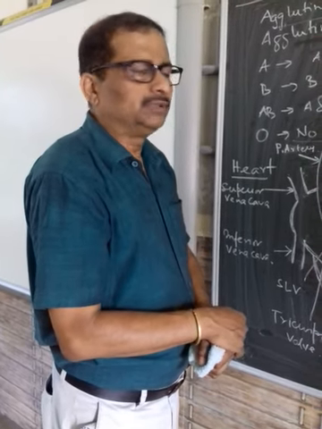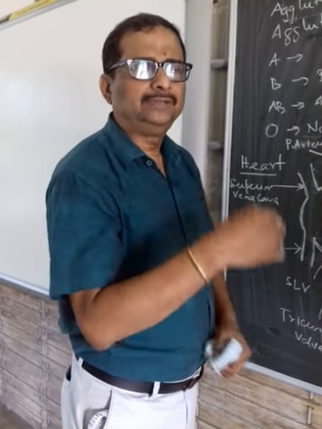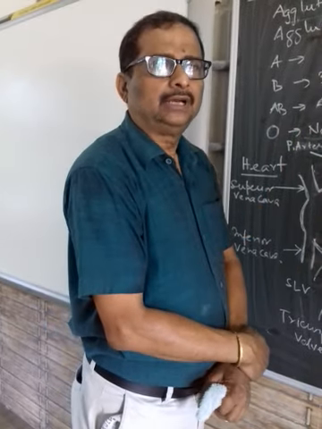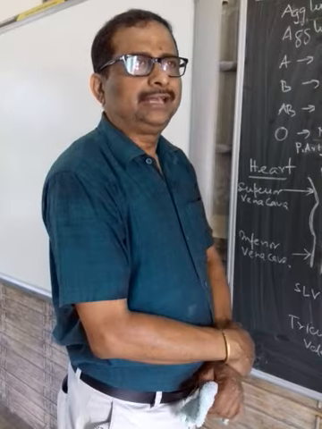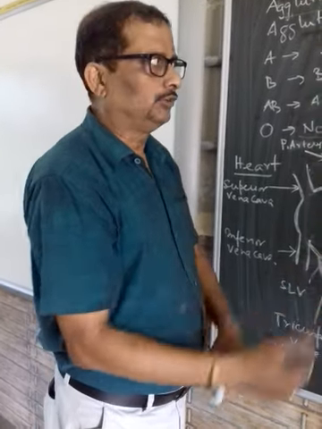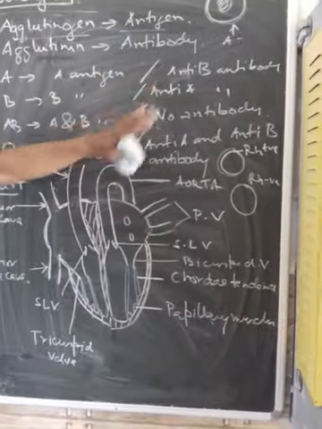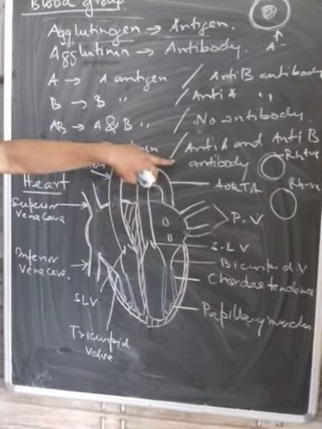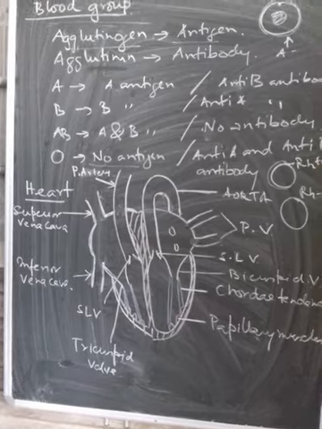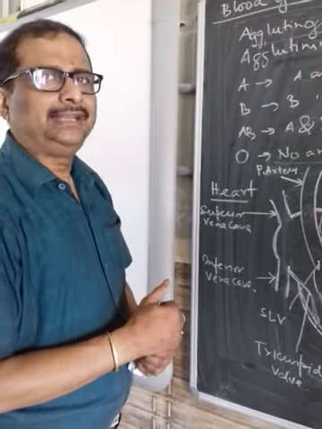Because usually Rh positive blood can induce the Rh negative person to produce an anti-Rh factor, which can cause problems later on. We'll discuss that a little later, in the last chapter, about the reaction of Rh positive on Rh negative.